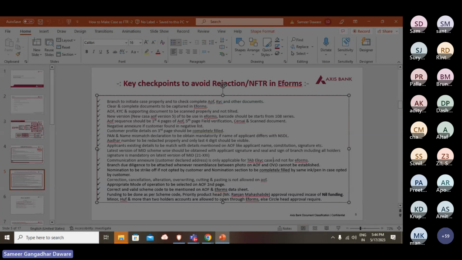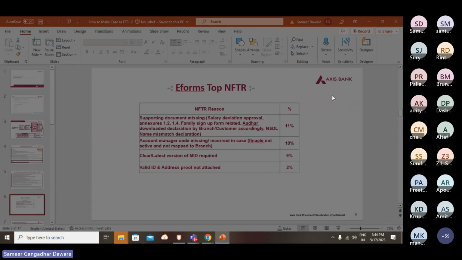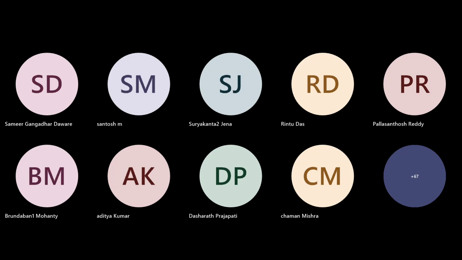So we'll move to the next slide. So this is the e-form top NFTR. Supporting document missing, salary deviation approval, Annexure 1.2, Annexure 1.4, family sign-off form, related Aadhaar downloaded declaration by the branch customer accordingly. NSDL name mismatch declaration. In case branch provided